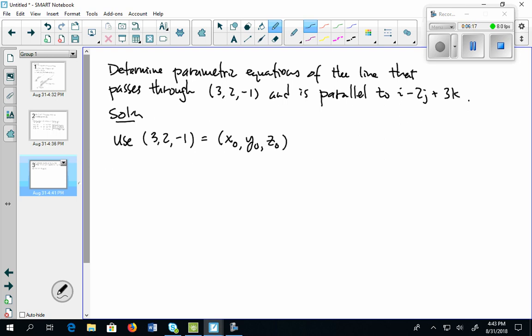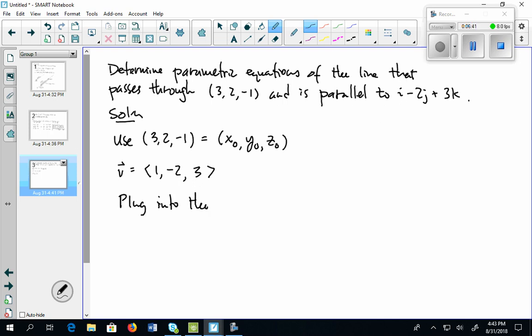Next, we need a vector that's parallel to the line. I'll call it v, and I'm going to use the vector they gave us because it says parallel to. Instead of the ijk notation, I'll write it as (1, -2, 3). So there's my vector v, and all I have to do is plug